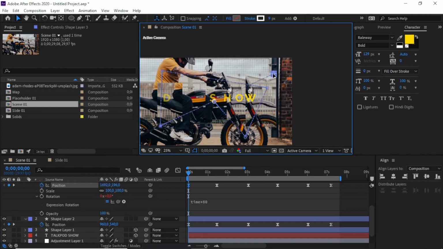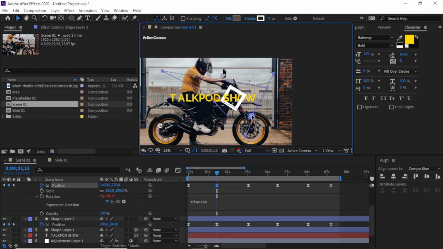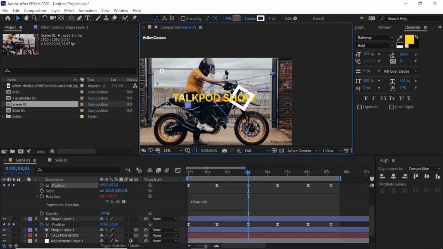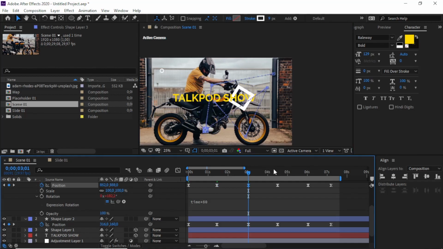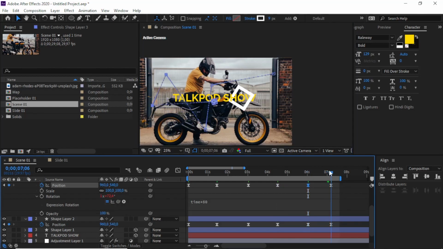So I want to start from here, and the second is not here, but it will go here maybe, and the third it will go to the bottom, and the fourth it will go like this, the fifth I want it to come down to that, and copy the first keyframe for the last keyframe, so this one is going to go back to our position.